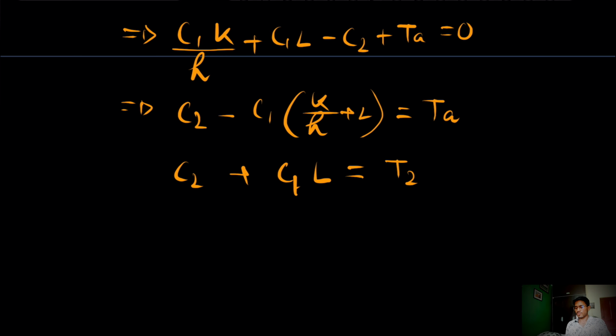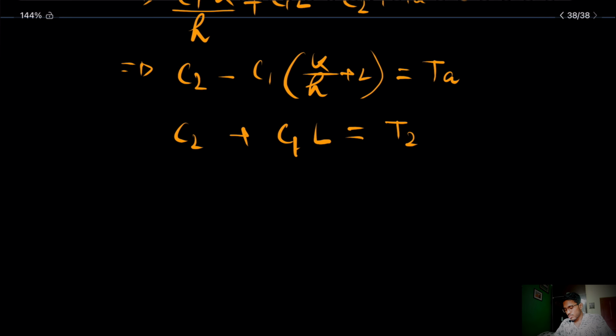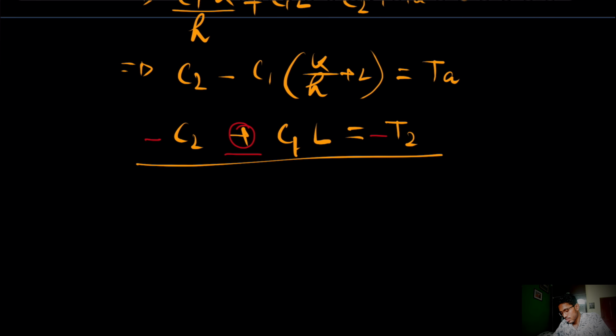Okay, so from these two equations I can multiply the second equation by minus 1, so then c2 will be cancelled out. So then c1 into k by h minus 2L,